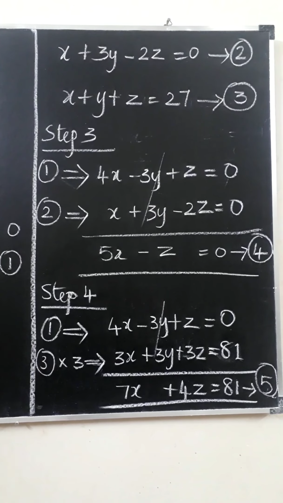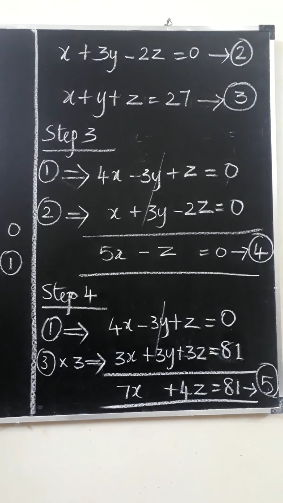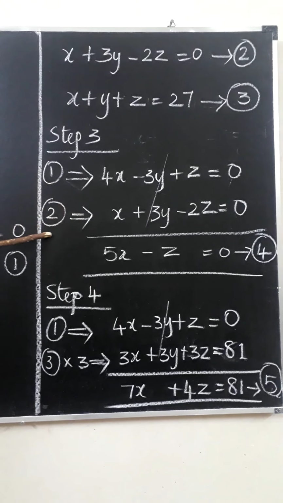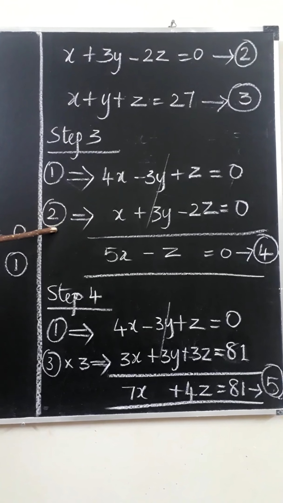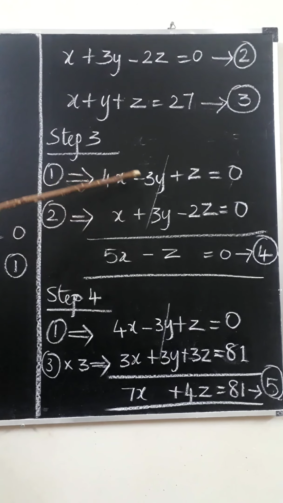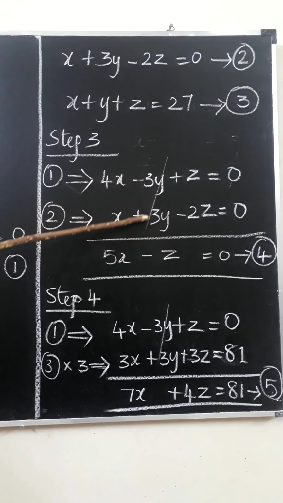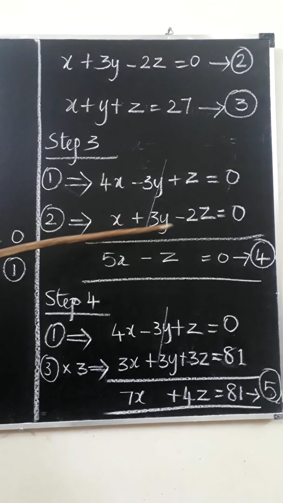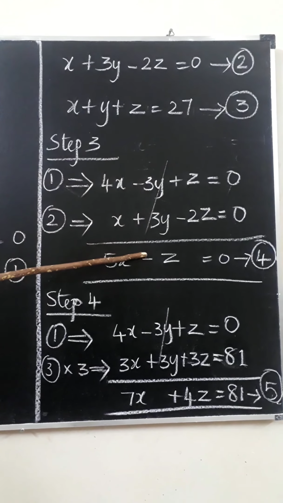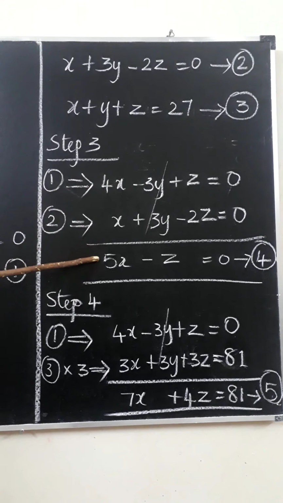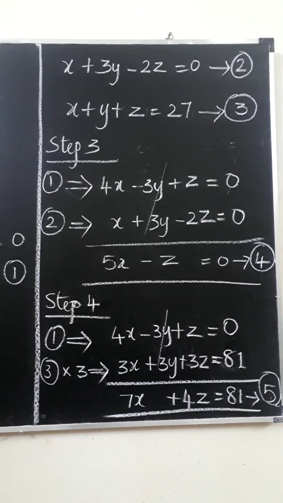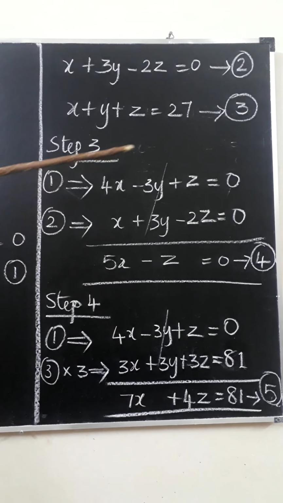So now we get three equations. To find the nature of the solution, we will eliminate them as before. Take the first and second equation, no changes were required because both the equations have y terms in the same coefficient. So first equation as it is given and second equation as it is given. Directly eliminate the y variable. We get 5x minus z is equal to 0. That is the fourth equation. In this pair we have eliminated y.